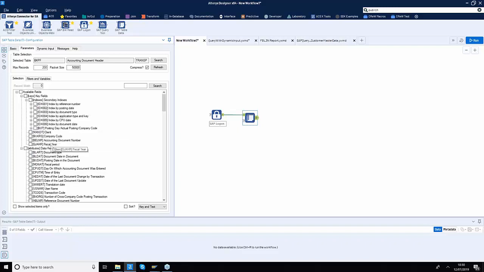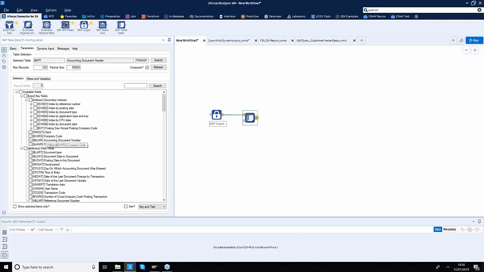So for example, if you are applying a filter on such a large table as BKPF, and you don't want to apply a filter on primary keys, or you might not have the filter criteria handy, then you can choose one of the secondary index filters, and by doing so you will increase the performance of your SAP system significantly. So basically we give as much transparency as possible to the end user so that you can work with your SAP system.